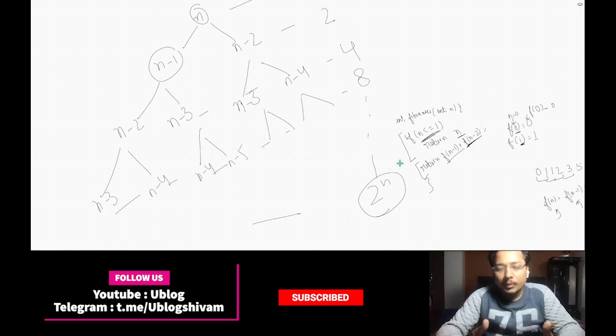You may debate with me here whether this tree is left biased. If you go into more details and technicalities, you can check that this tree will be left biased and there will be fewer right nodes. So the total number of nodes at the last level will not be exactly 2 to the power n, but it will be less than that, but still it will be exponential. Let's not deep dive into that, because you are not required to know it. You can just assume that it will be of exponential order, and you know that exponential order solutions are very slow. So now, what can we do to improve the solution?